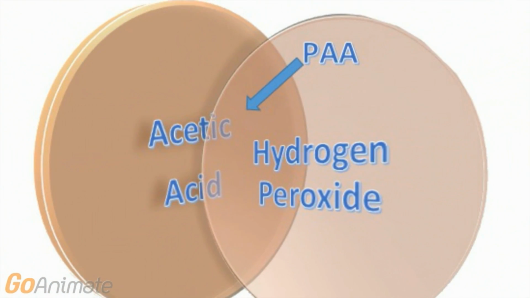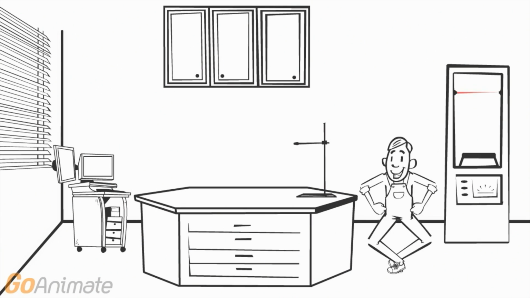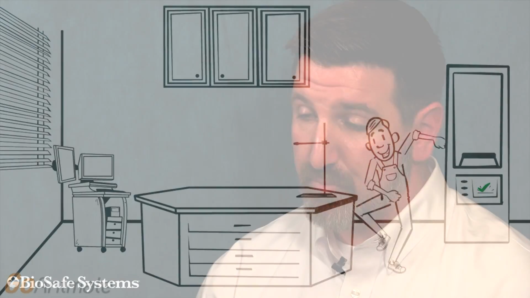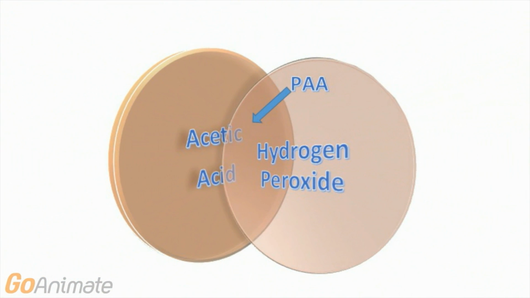And he did it. He and another research scientist discovered that by adding acetic acid to hydrogen peroxide, it not only strengthens, but it stabilizes it and creates that third compound, PAA or peroxyacetic acid. Under the microscope, you can think of it kind of like a Venn diagram or two rings that overlap. Hydrogen peroxide is one ring, acetic acid is the other, and that space in the middle is the PAA. What the PAA does is it really tears open the cell wall to let that oxidizing power of the hydrogen